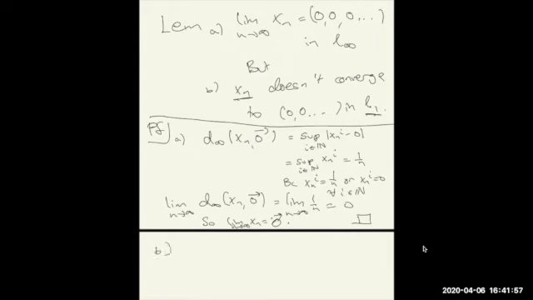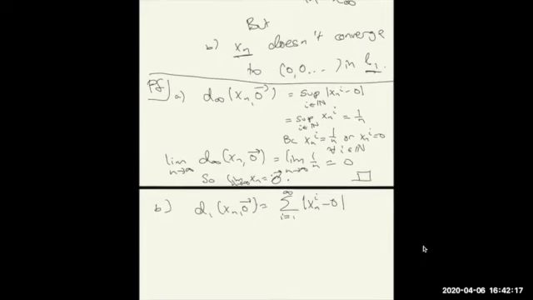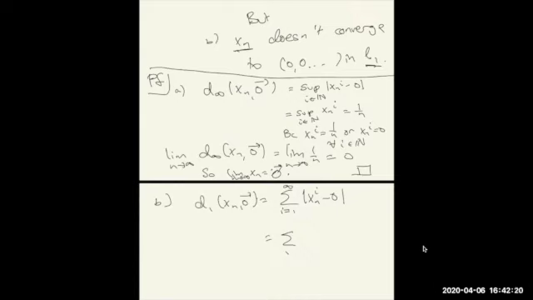B, though, let's look at d1 of xn to 0. Now this is the sum of the components between xn and the 0 sequence. So the sum of |xn,i − 0,i|, i equals 1 to infinity. Now, by the definition of xn,i, this is the same thing as if we just sum up to the nth index of 1 over n, because after that, the distinct indexes are the same. Now we have n terms of size 1 over n, so we get 1. Again, d1 of xn and 0 is equal to 1 for all n,